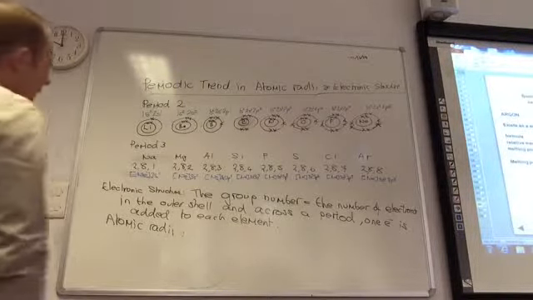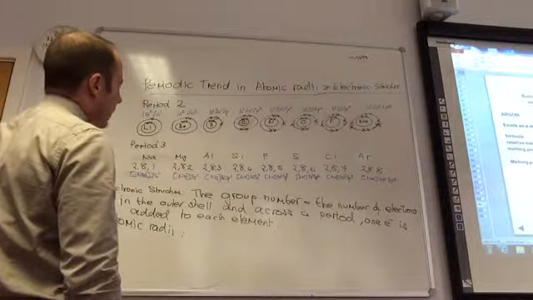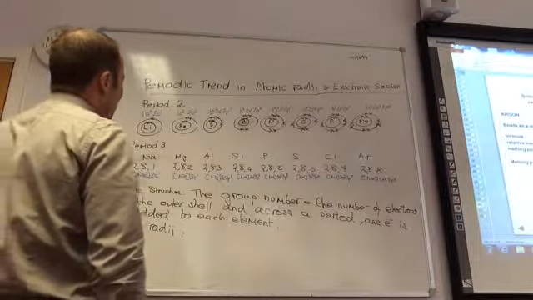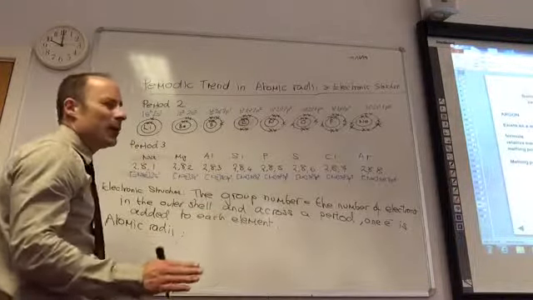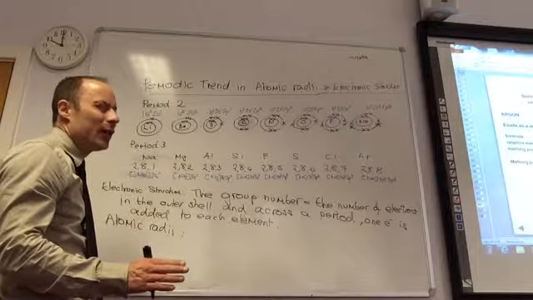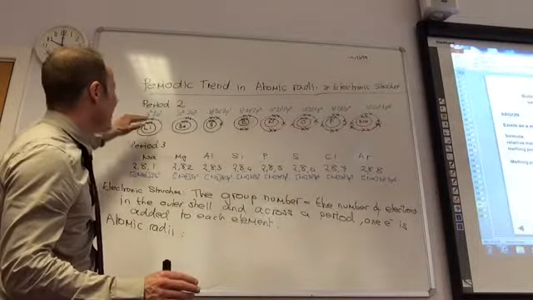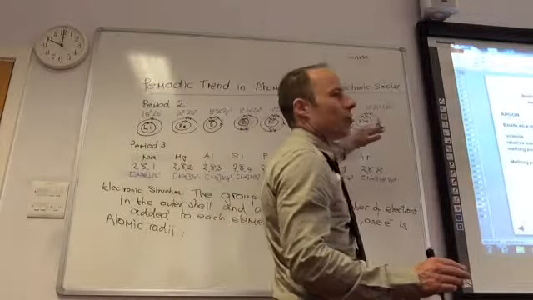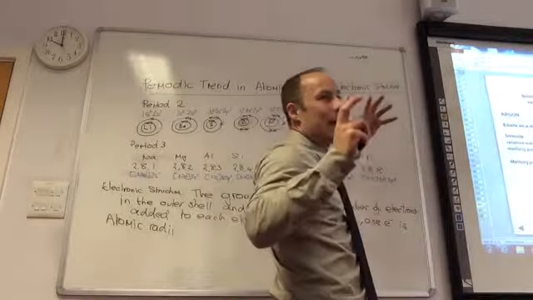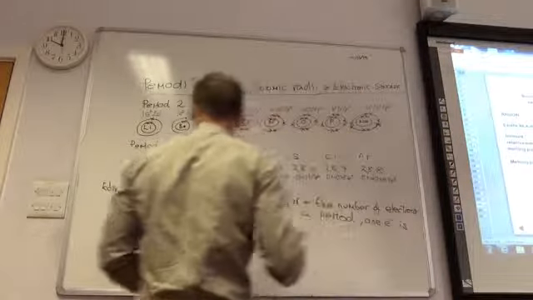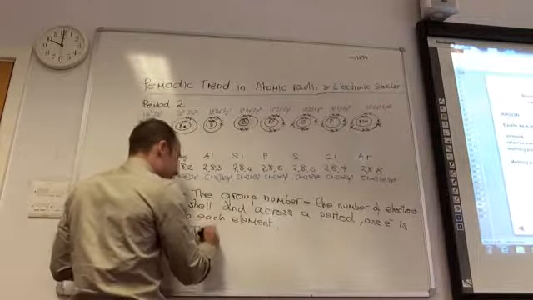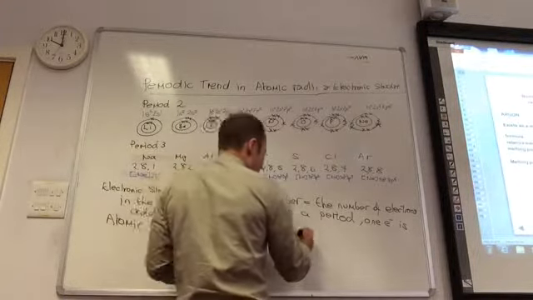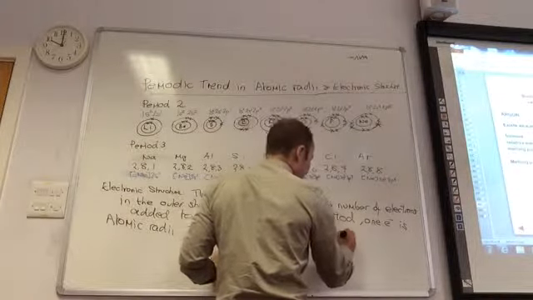What can we say about atomic radii as we go across? What's that going to depend upon? Well, it's going to follow the same kind of trend as ionisation energy. When we talked about ionisation energy, what did we say happened to the atomic radius of an atom as I go across? The atoms get smaller, brilliant. So atomic radii decrease across a period